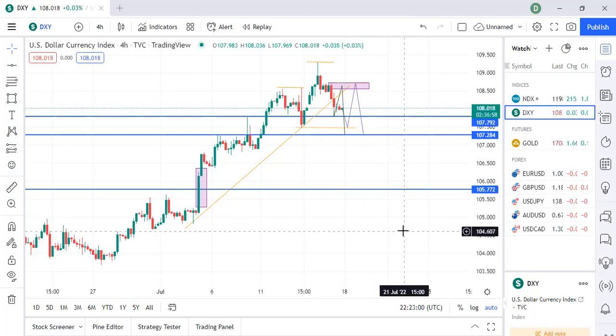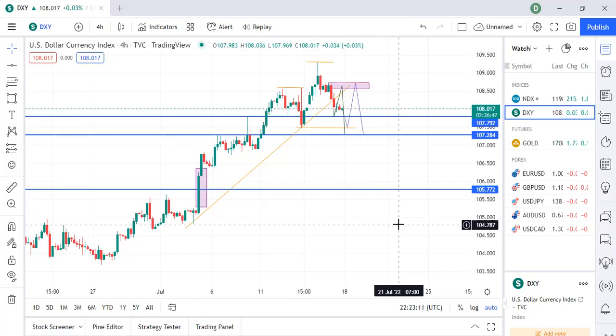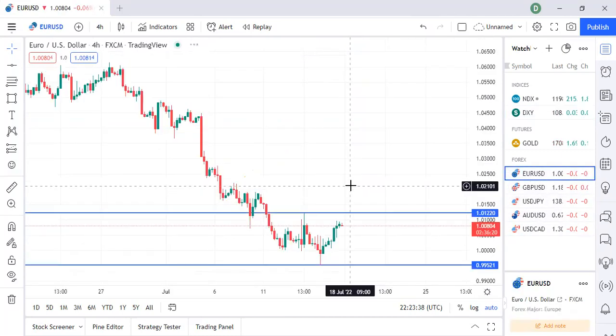All right, so with all this in mind, let's start to look at each of the pairs one by one. We are going to look at three XXX USD pairs, that is EURUSD, GBPUSD, and AUDUSD. Then after that, we'll look at USDJPY and USDCAD. And remember, from our fundamentals, we know that CAD is going to be having CPI news on Wednesday. So this is going to be very interesting on USDCAD. Let's start with EURUSD.